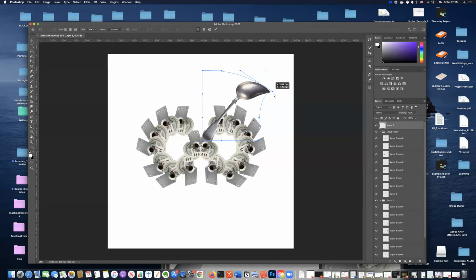So this is what's kind of neat about working digitally, is if we were making this with found objects in real life, it'd be a lot harder to bend this spoon however we want. Let's see. Maybe like this. Okay, well,